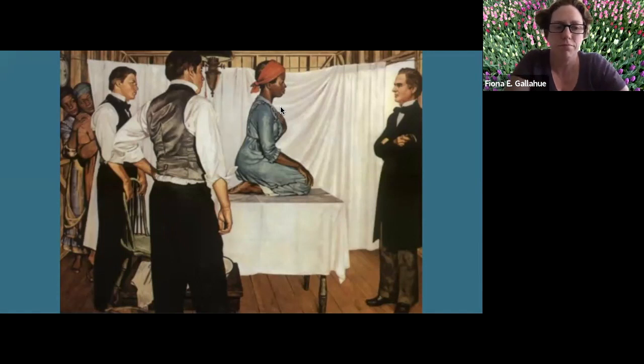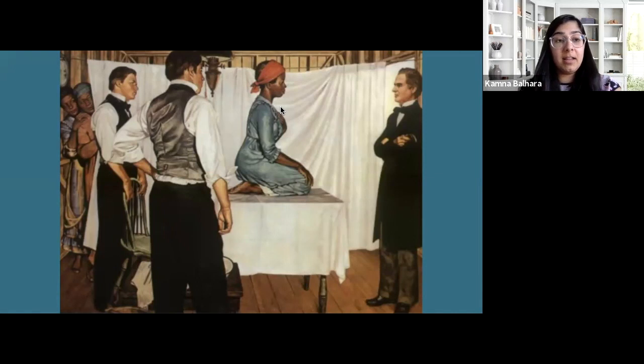Okay, Fiona, so you're describing that there's something about this image that harkens back to a still life, even though these are ostensibly people. And you mentioned this sense of objectification that's uncomfortable to look at. Could you tell us what you see that makes you uncomfortable or makes you infer that there's objectification?